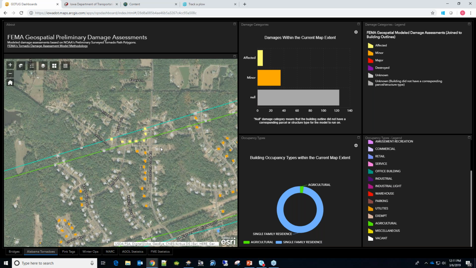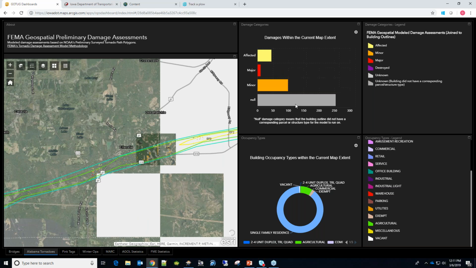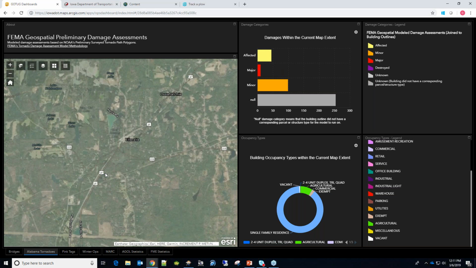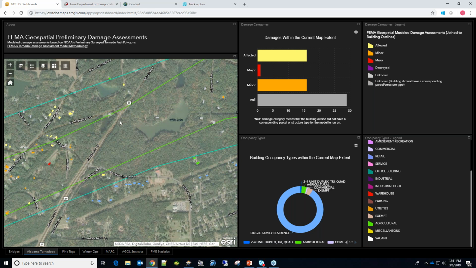I'm sure they have this up in their EOCs right now, just being able to monitor this. A good use case like this, for the feds, they do DDIRs. Maybe you had a bridge or some infrastructure damage on US 27, and someone out reporting in Survey123 or Collector, it could show up here in real time, and potentially you could even assign monetary values to it. So you could see if you're at the threshold for declaring a DDIR or not.